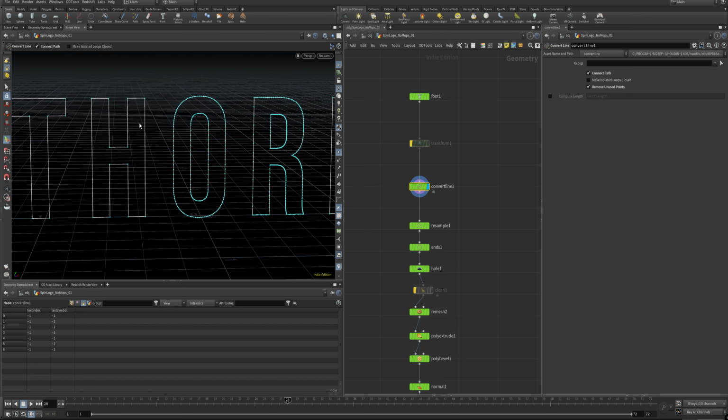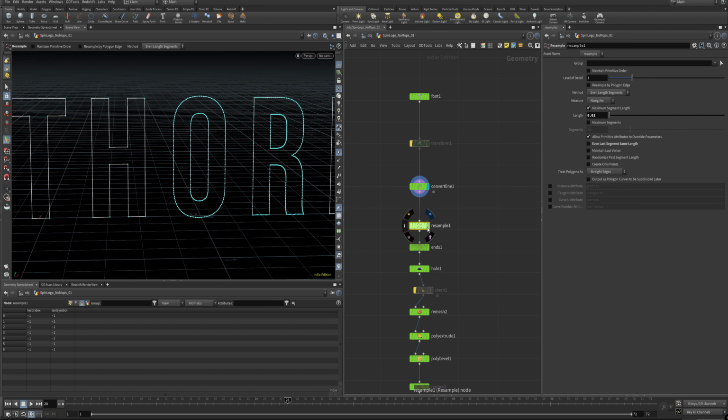So the way that we can do that so it's a little bit more even, it's not so bunched up here and then spread out here and bunch and so on, especially you can see it on the R, how it's spread out here and then super tight in there. We have this node called a resample. And what that does is takes a look at curves and their segments and tries to resample the amount of points on that curve so it's more evenly distributed. You can do it with maximum segment length or number of segments, like so. Maximum segment length is great for this because it just looks at the entire length of a curve and distributes